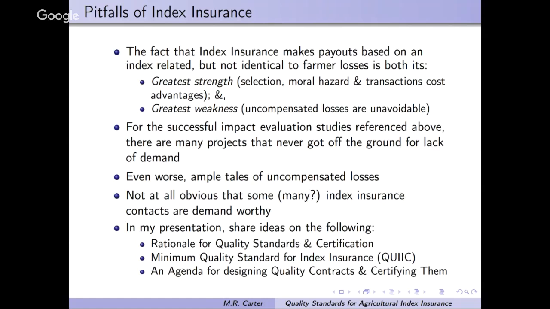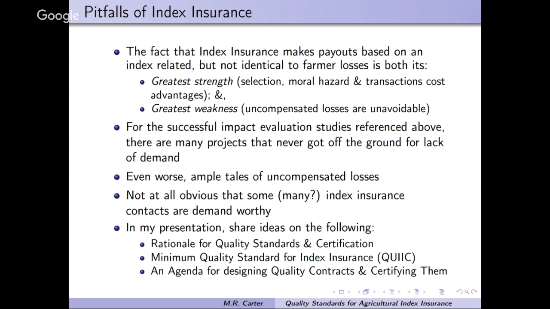And indeed, perhaps because of that issue around the weaknesses of index insurance, a lot of index insurance projects have had real problems of low demand. They've never gotten off the ground. One of my early graduate students had to change his thesis topic because uptake of the insurance was so low, there was no way to actually study its effects. More important than broken dissertations is actually the problem of broken farmers. I'll be sharing with you in a moment some results of further analysis we did in a rice growing area